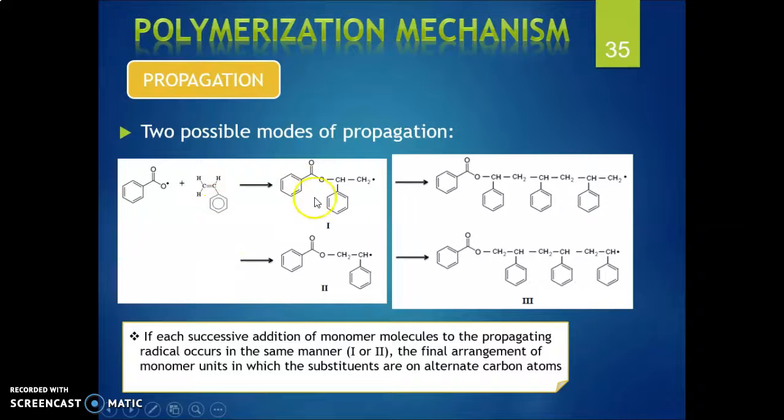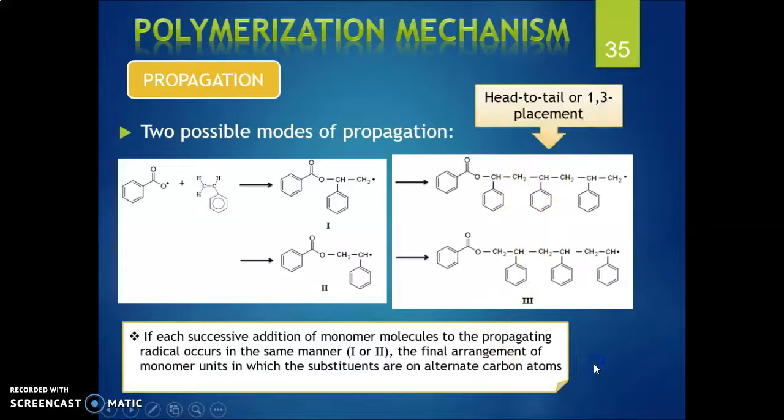And then untuk structure product 1 ni, styrene dia sebenarnya dia react styrene dia dekat sini. So dia dapat macam ni. It is the same structure, but the final arrangement of the monomer unit in which the substituent are on alternate carbon. The substituent yang ni lah dia memang alternate. Okay, faham ke tak ni? So this is, we call it as a head to tail, bukan tail to tail. Dia adalah head to tail. Maknanya ni adalah head, yang ni tail. Okay. So head to tail,